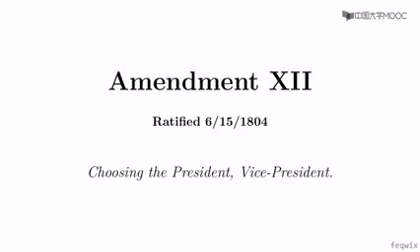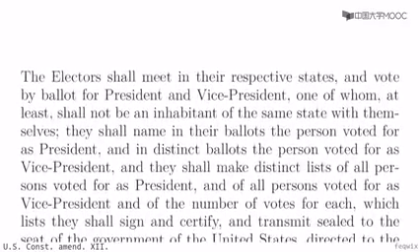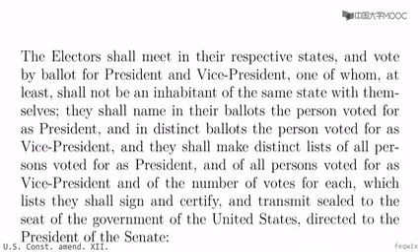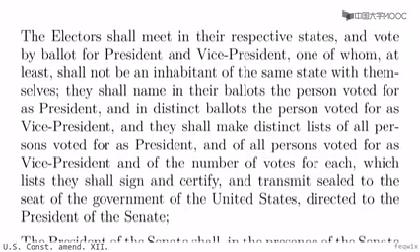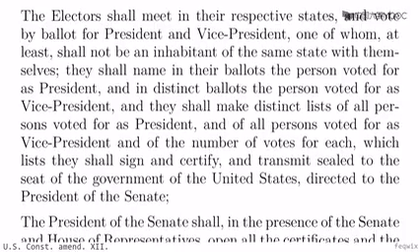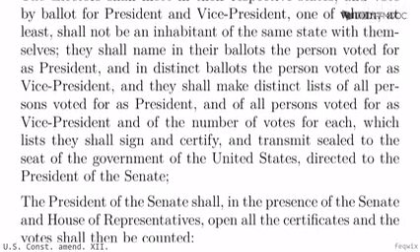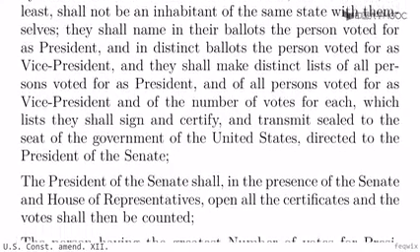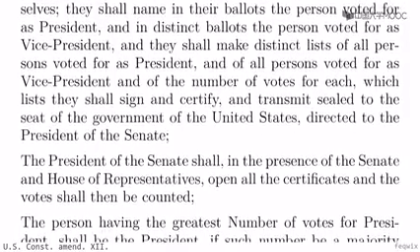Amendment 12. The electors shall meet in their respective states, and vote by ballot for President and Vice President, one of whom at least shall not be an inhabitant of the same state with themselves. They shall name in their ballots the person voted for as President, and in distinct ballots the person voted for as Vice President, and they shall make distinct lists of all persons voted for as President and of all persons